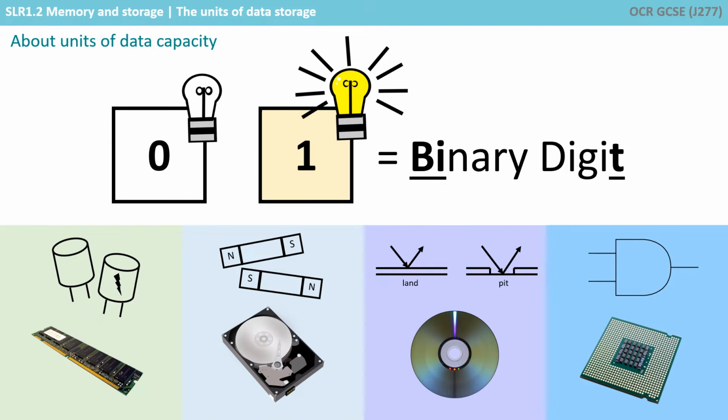For example, capacitors that store a charge or don't store a charge in RAM to represent a 1 or a 0. Magnetic north and south poles in hard drives, pits and lands on Blu-ray discs, current or no current with logic gates. This is because it's much easier and therefore cheaper to manufacture electronic component units with just these two